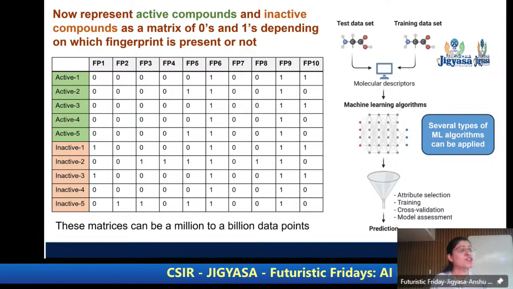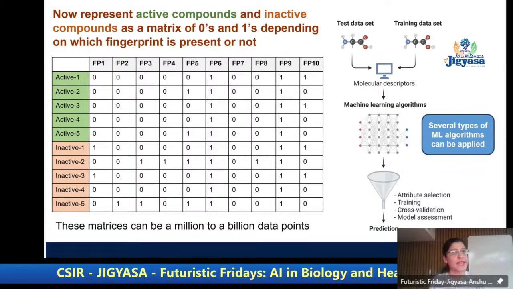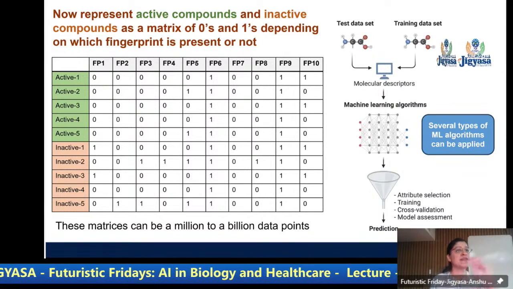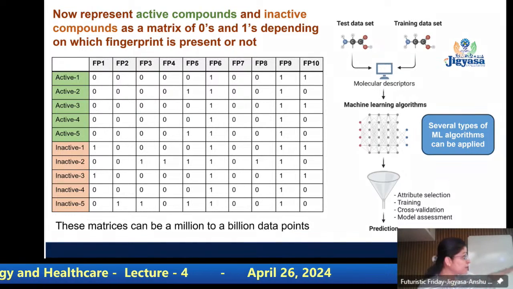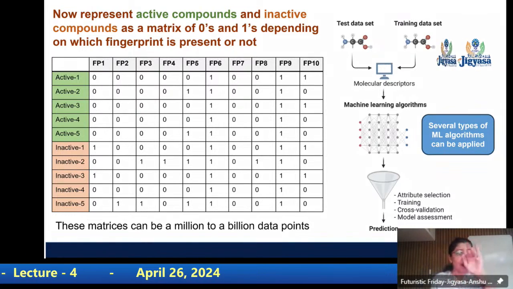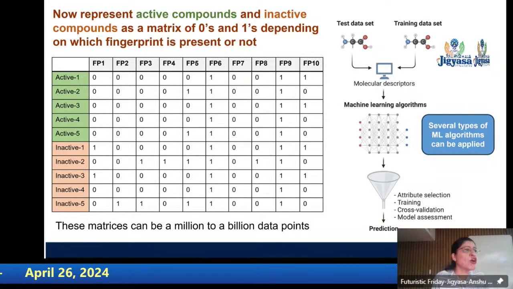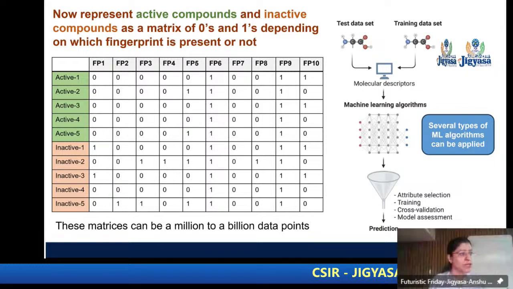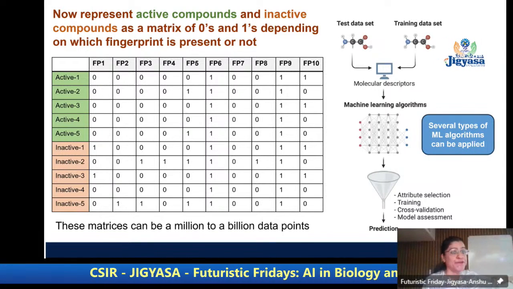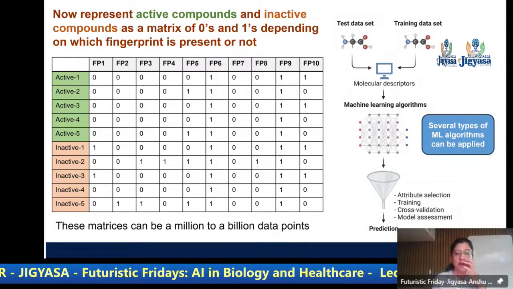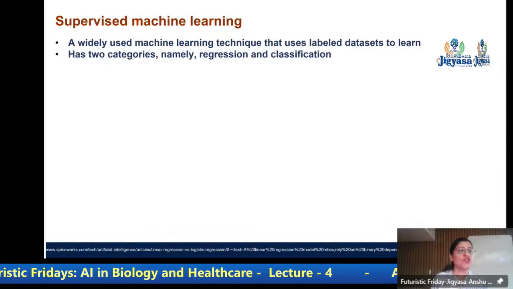Okay. So there are many machine learning methods. Some are supervised, some are unsupervised. When I say supervised, I'm telling you FP1, FP2, FP3. I'm giving a column a heading. In unsupervised, I'll not do that. I'll just give the data saying I don't know what is what, you find out. In this, at least I'm telling the machine, these are actives, these are inactives. Okay. All right. So just a very simple intro.